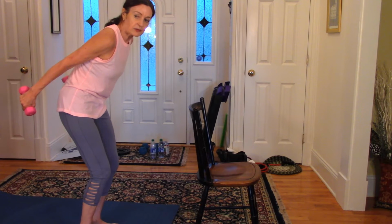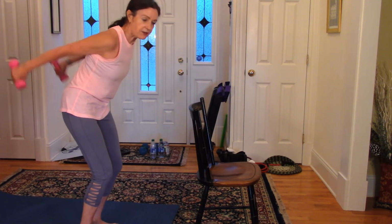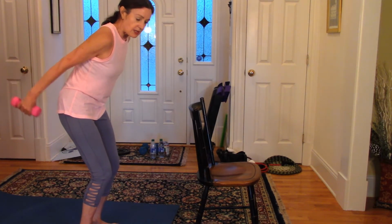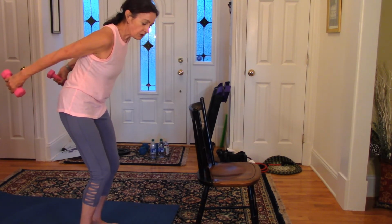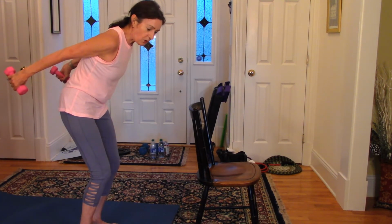Now extend your elbows and you're going to lift and hold. Looks like this. Lift and hold and down. Lift and hold. Lift, hold. Lift, hold. All right, now,